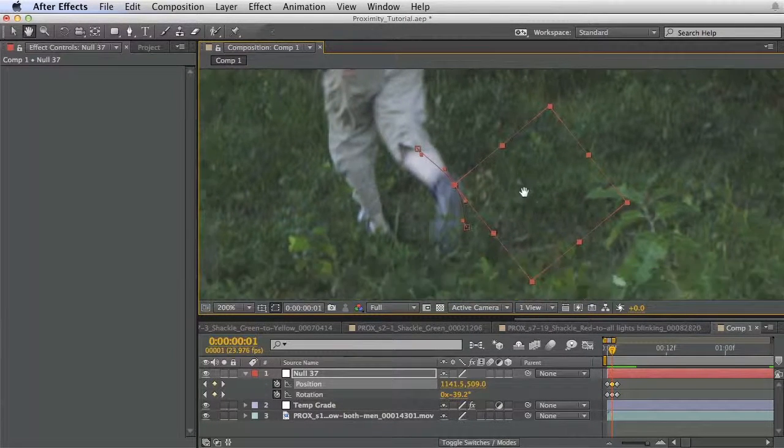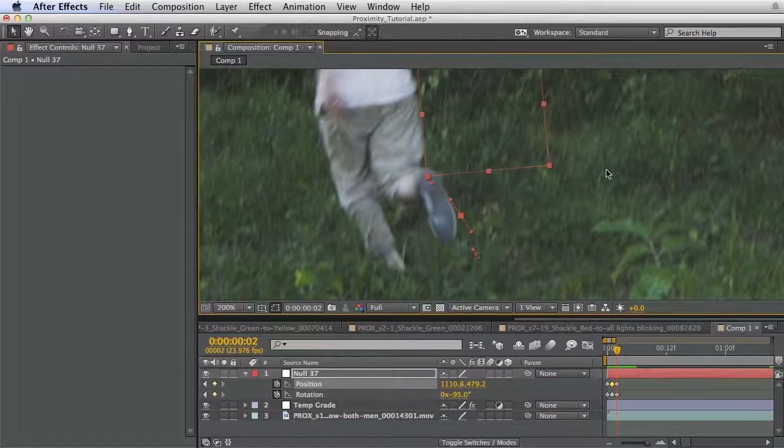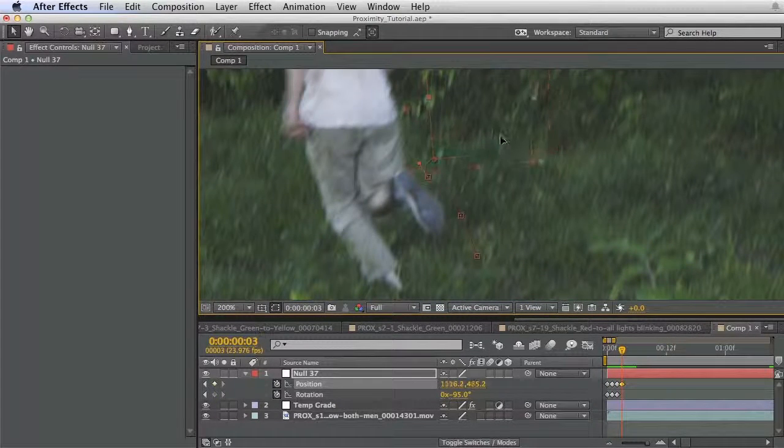So as it moves, what I did was follow the extrapolation of the vector, the direction of his leg. So this leg points in this direction. If it were to continue, it would continue along this line right here. And that's where I align my null. So if it angles upward, I would go up here,